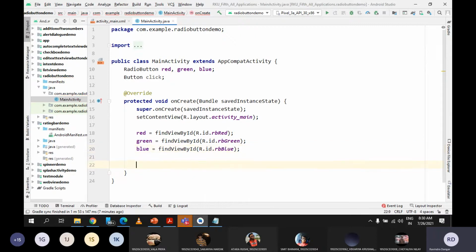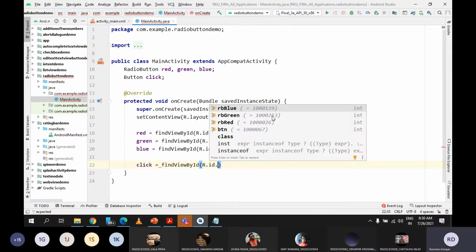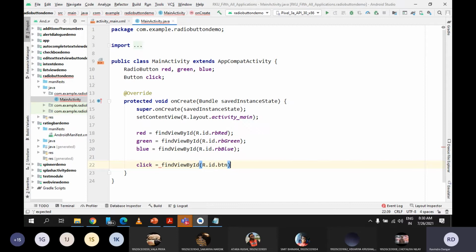And similarly, you can find an ID of this button as well, which is click. Find view by ID r dot id dot it's btn.